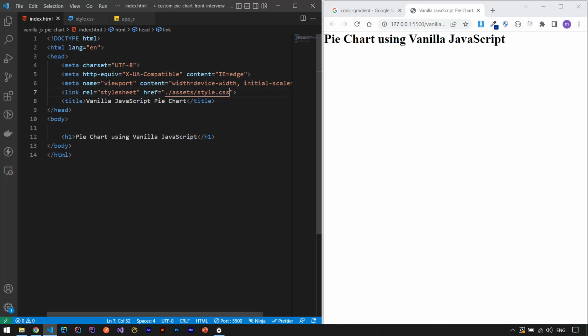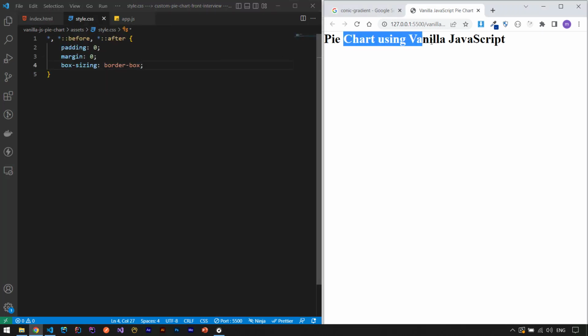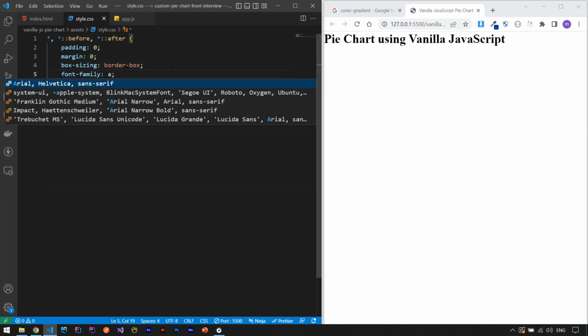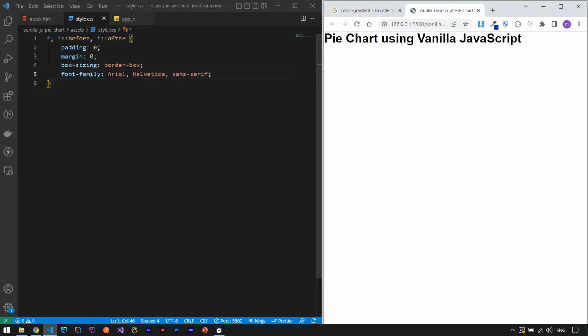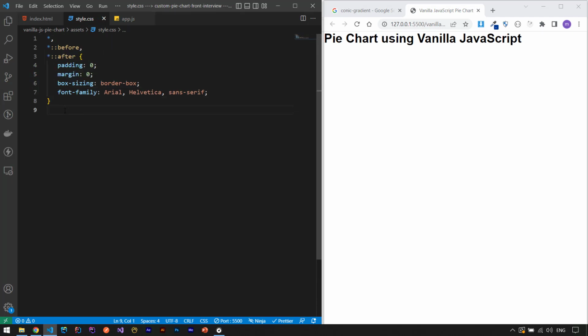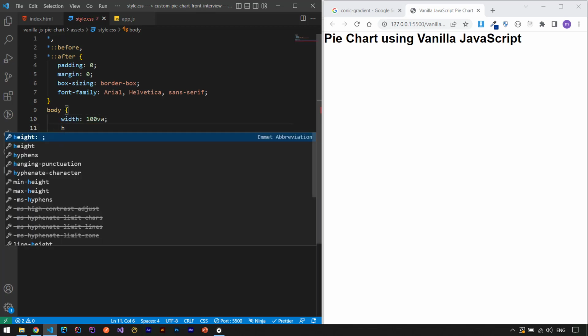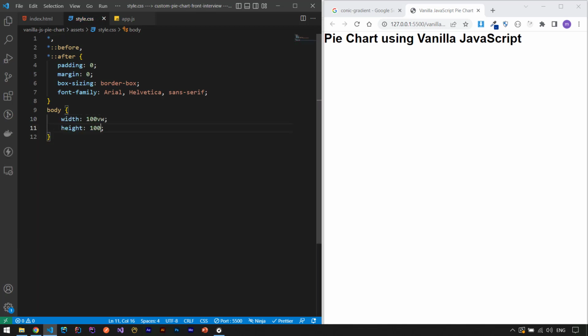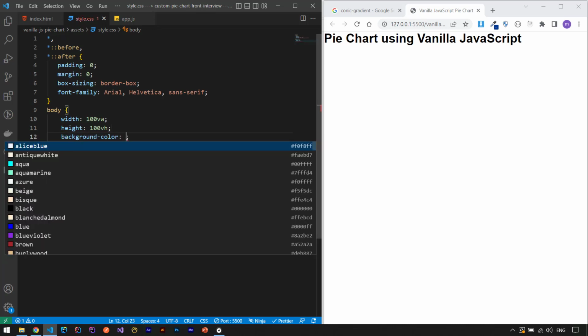Okay, now we have the changes, and let's have a font family of Arial. That's much better, and that's it. Format document. Now let's change our body. I say that I have width of 100 viewport width, and height of 100 viewport height, and also I have a background color of